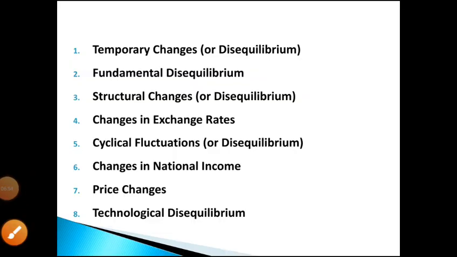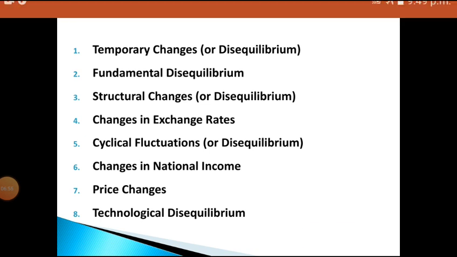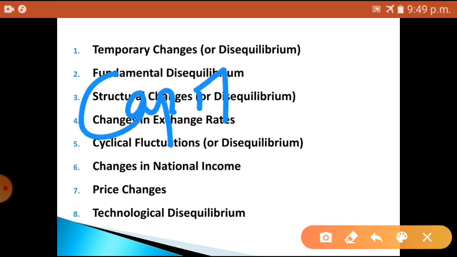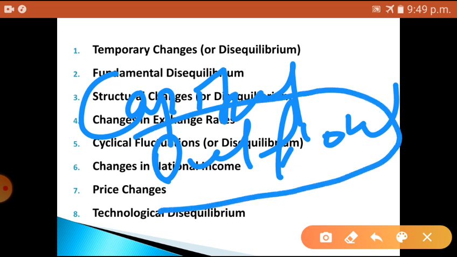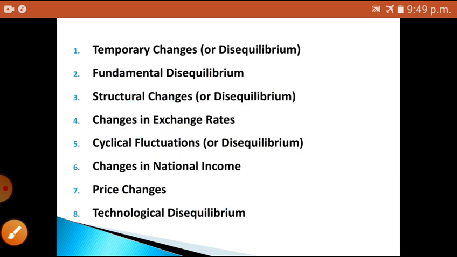if you import more goods, our capital outflow will be more. How? To import more goods, our capital will flow out more. Like we should import more raw materials, essential consumer goods, as well as technology, and external indebtedness. For that we should have more inflow. Okay, this is fundamental disequilibrium.